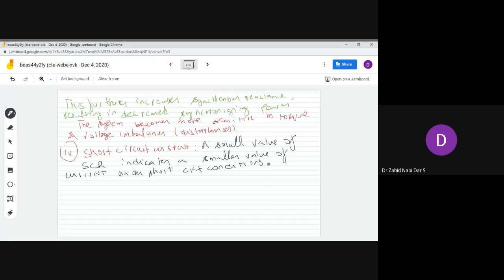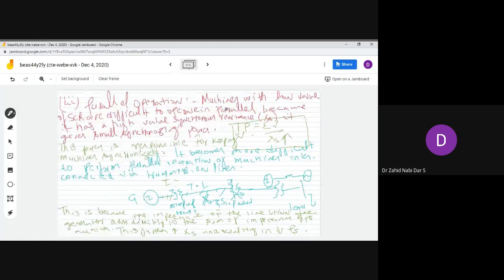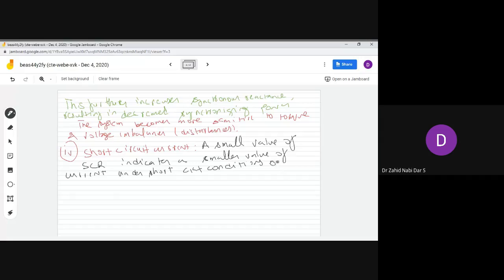See, this is happening owing to the large value of XD, the large value of synchronous reactance. So this is all because of this particular synchronous reactance. This is not that much of a problem. It can be handled easily. This is not a major problem